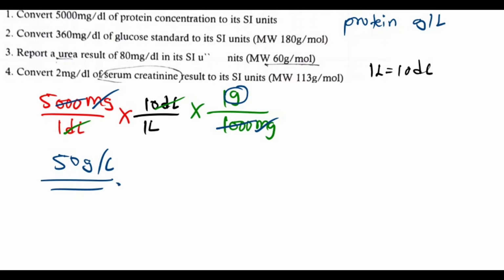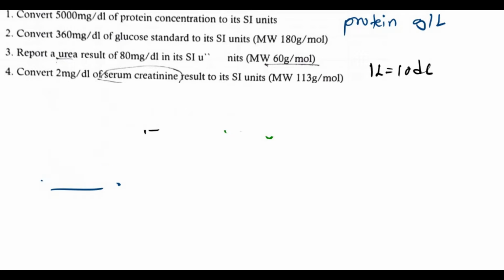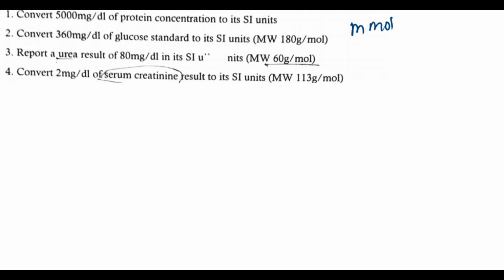As simple as that. So if I go to question 2, it says convert 360 milligrams per deciliter of glucose standards to its SI units. Again, we need to know the SI units for glucose. The SI unit for glucose is millimoles per liter, and we have been given the molecular weight here, which is 180. Again, I'll do the same. I'll say 360